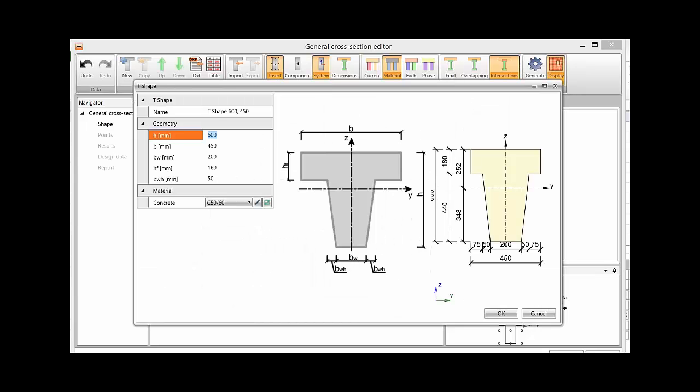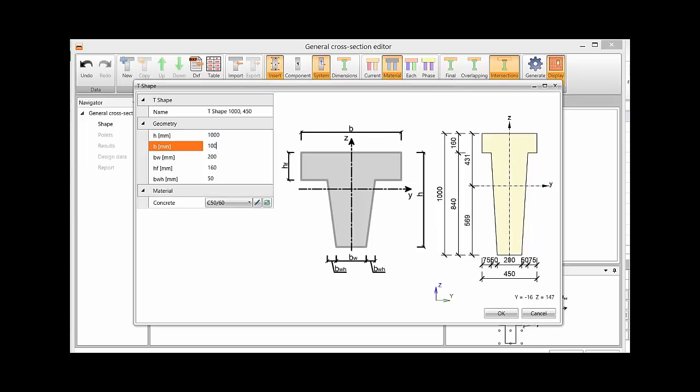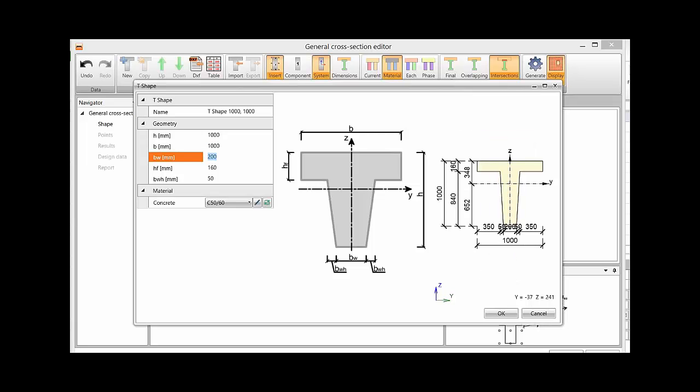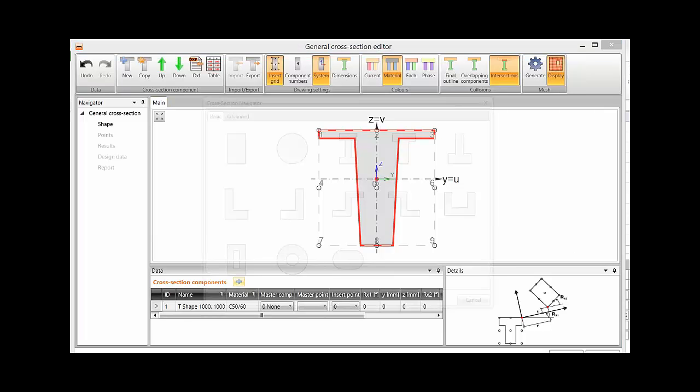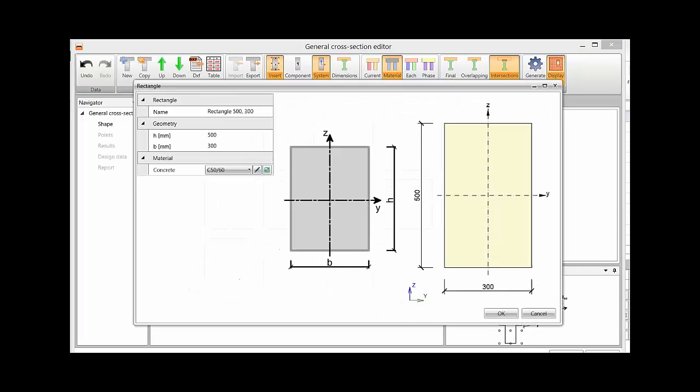I can change the parameters. This is 1000, 1000 is the width, 280, and here we have 70 and 50. That's it. You see that this part is used in fact as a kind of fork for the slab, and also the joint is quite wide. We have C50/60. I can say OK, and I can add a new component which will be a rectangular cross section,